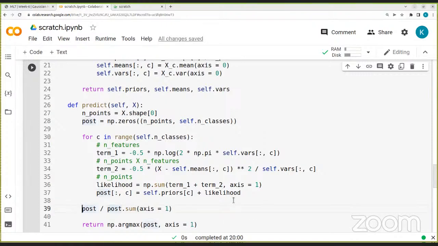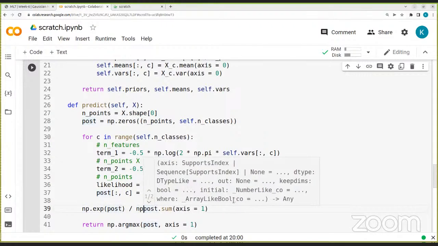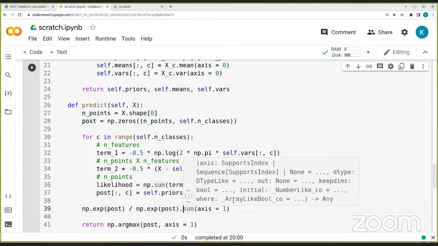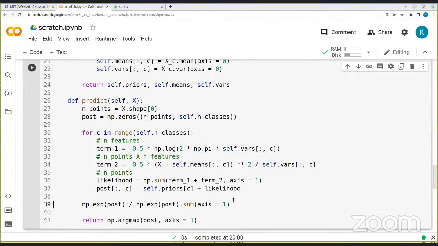This is not really the posterior. So if I do this, will it work? Yeah, the numerator works, but the denominator is where he has used some expand dimensions and all that, which is a little confusing. Okay, can someone show the